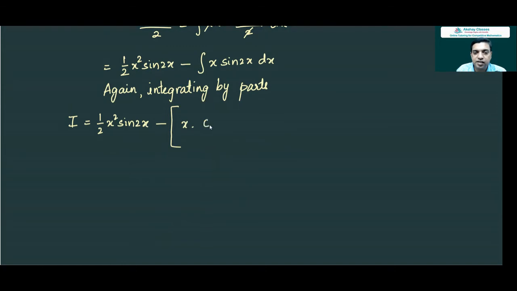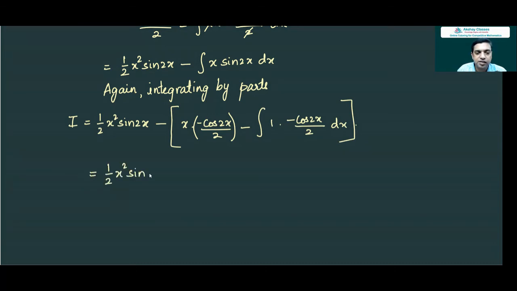Integral of sine 2x is minus cos 2x upon 2. Okay, this is the integral of the second function, minus integral of derivative of the first function. Derivative of x is 1 and integral of the second is minus cos 2x upon 2, all brackets. So we have half x square sine 2x minus times minus is plus x upon 2